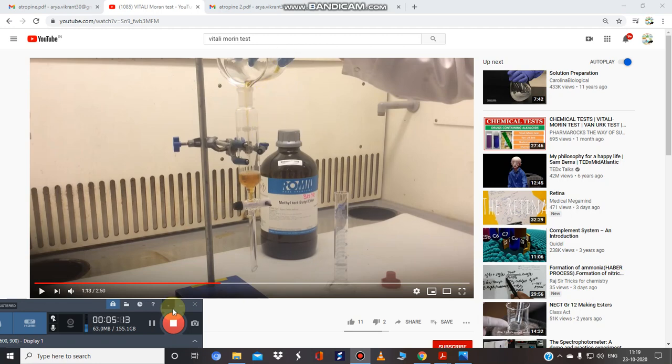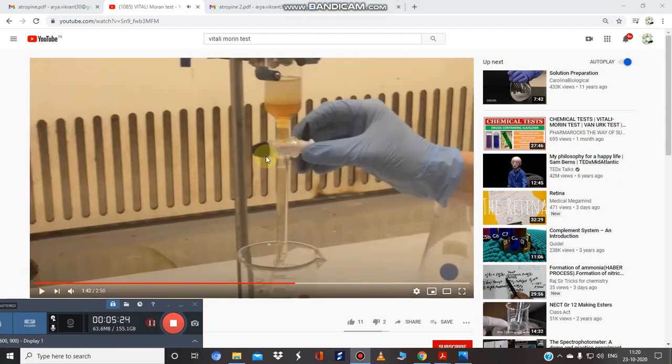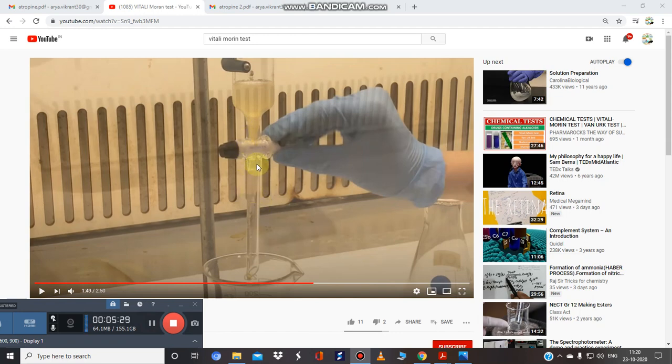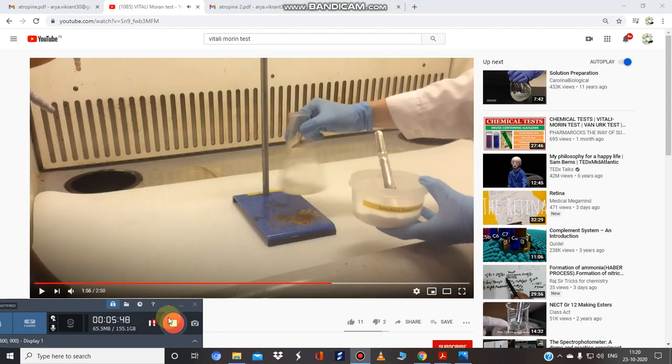Then it was added in a separating funnel. Now we will add an ether, but not the normal ether. We will add methyl tert-butyl ether into this filtrate. And what happened? A two-layer emulsion will form. At this point, the bottom layer, that is the aqueous layer, was discarded and the organic layer was selected. Why? Because we know alkaloids are soluble in chloroform or organic solvents. So we will use the organic layer now, and we will add anhydrous sodium sulfate to dry our sample and to remove any excess water that is present in our sample.